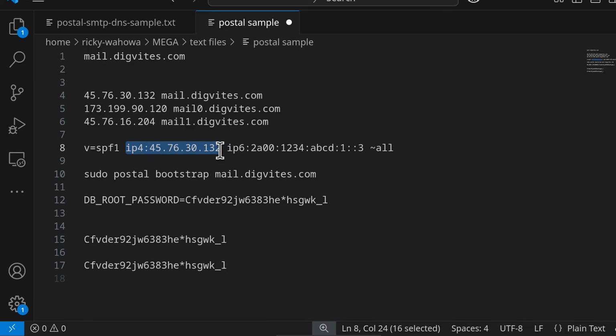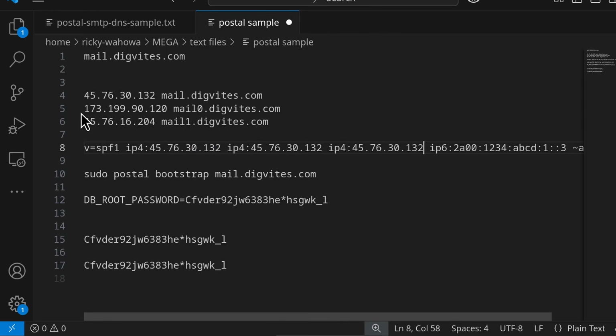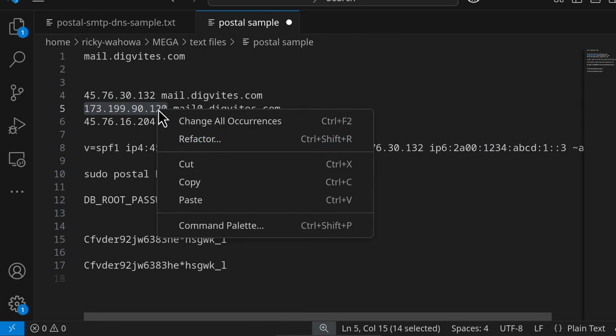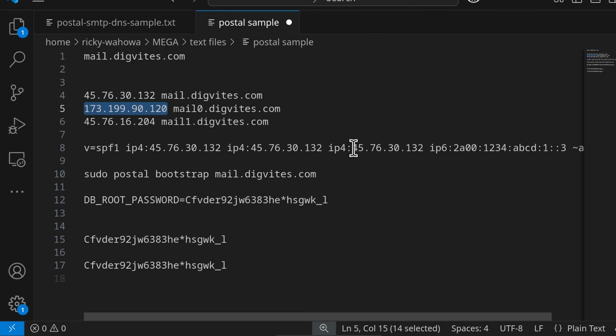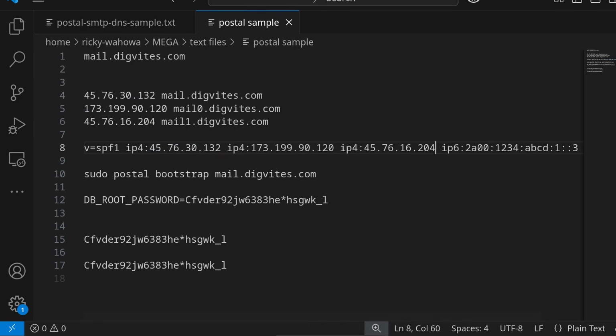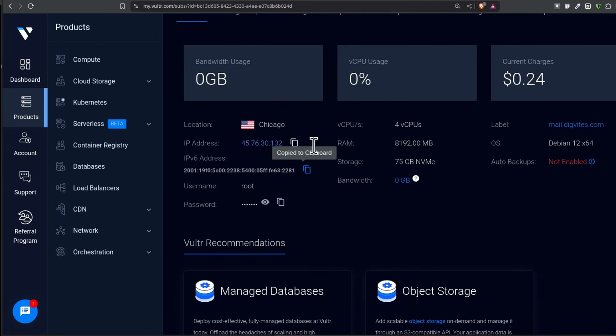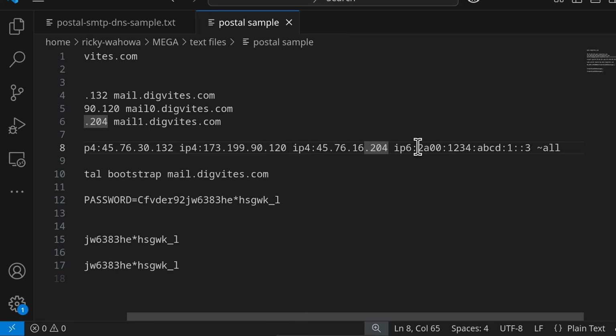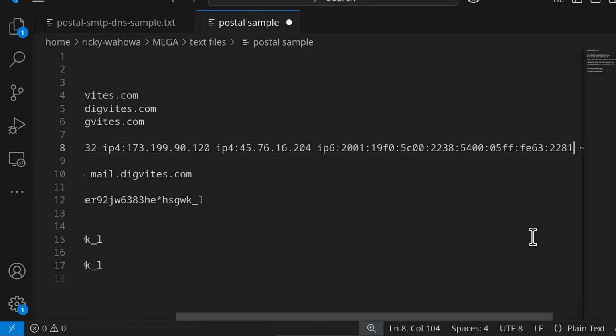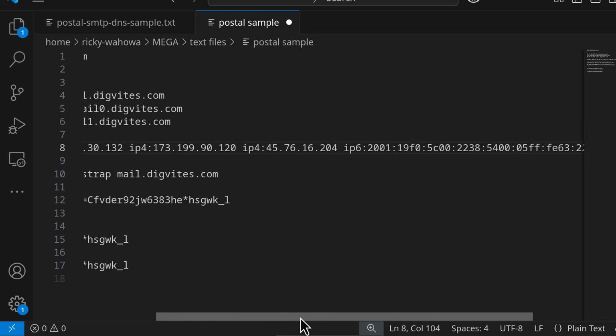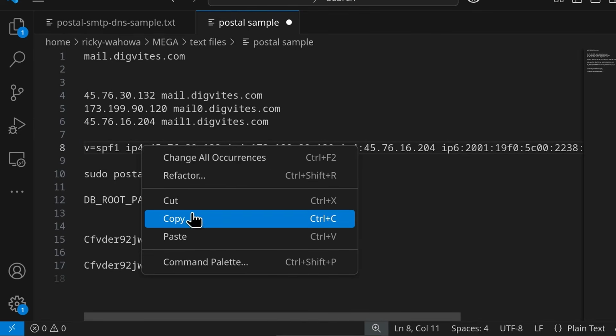Let's copy this one again, Control C, Control V, Control V, because we need to add it for this one. For the second IP, Control V, and then for the IPv6, let's get the IP from Vultr, and we can copy our IPv6 right there and add it there. So it's also allowed to send mails for our server. Copy.